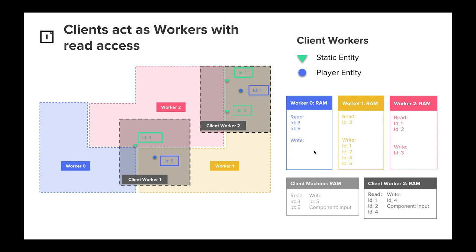The really interesting thing to note here is that worker 1 isn't doing any of that maths. Worker 1 isn't using any compute to work out that player 5 is so far away from player 4 that when player 4's position changes, he doesn't have to tell player 5. Worker 1 just has this very naive view. It just looks at the entities it's been told to simulate and simulates them. So area of interest is done by the runtime. It's done by SpatialOS using advanced and incredibly efficient queries.